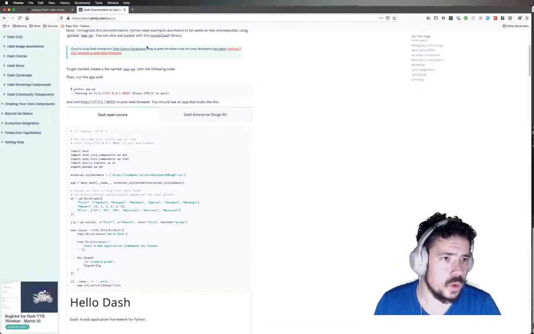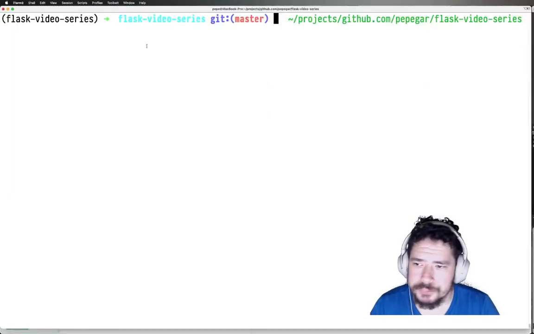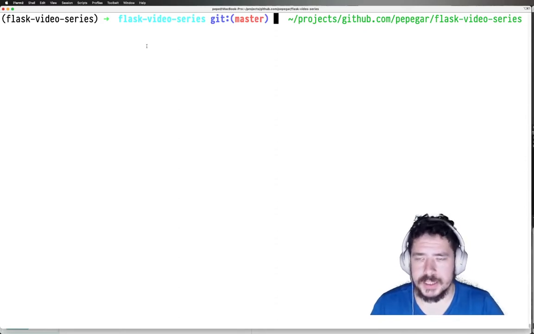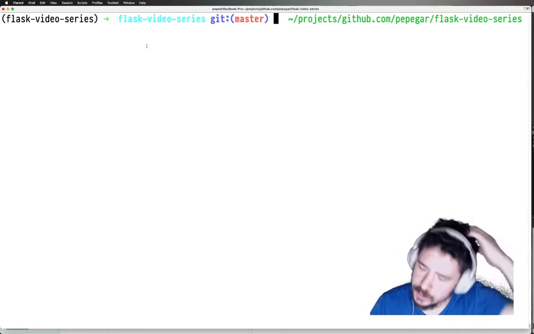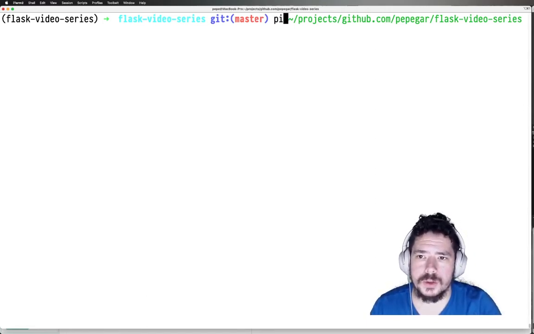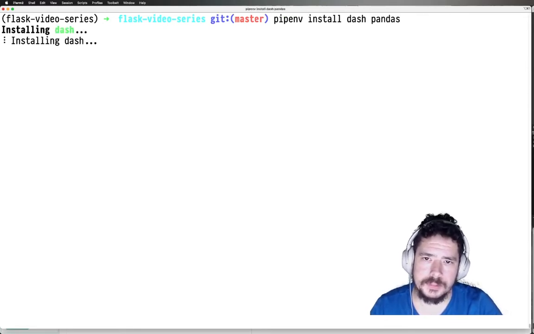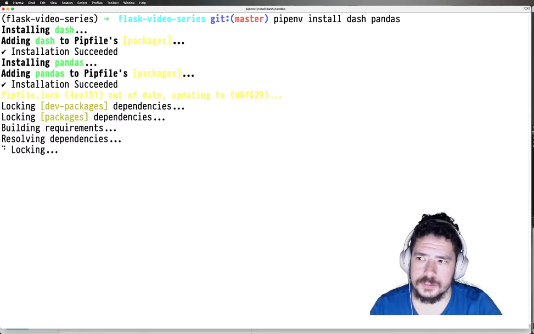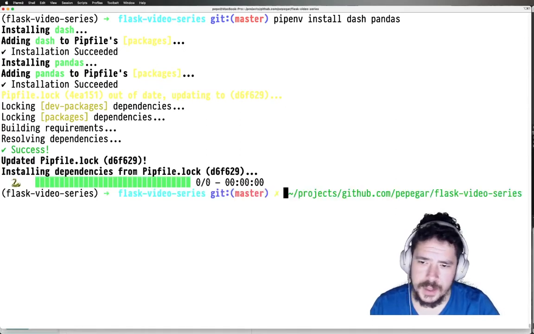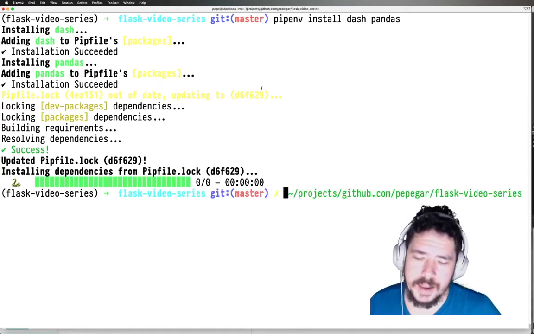Cool. So what we will need to do is to start, as always, adding the dependencies that we'll need, the libraries that we'll need, right? So in this case, we'll need Dash, and we'll also need pandas, because for some Plotly Express Dash graphs, we need pandas as well. So we will do pipenv install dash and pandas. Okay, so now that we have the libraries that we'll need,